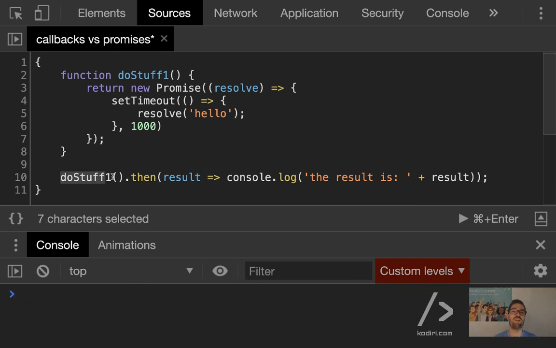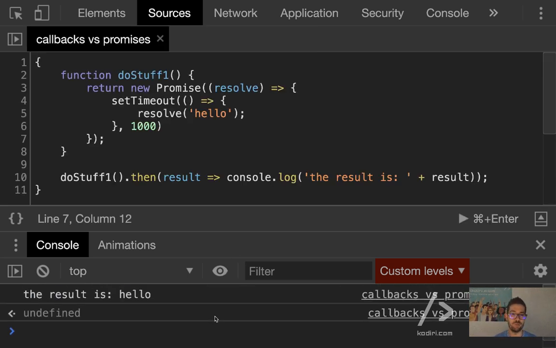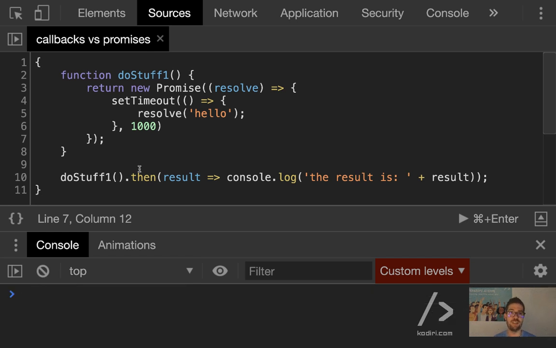So doStuff, take your time, I don't mind, and then once you are ready, give me the result of executing that function. After 1 second, correct. Let's see if it works. It does work. You see? Let's put instead of 1 second, 3 seconds.